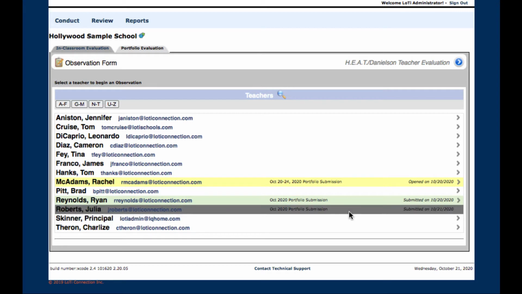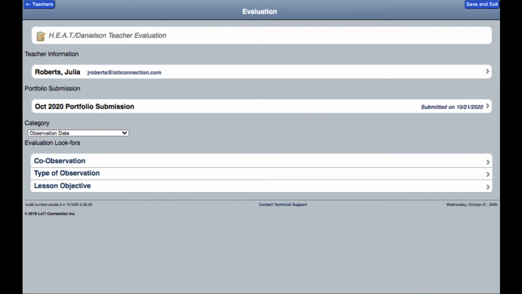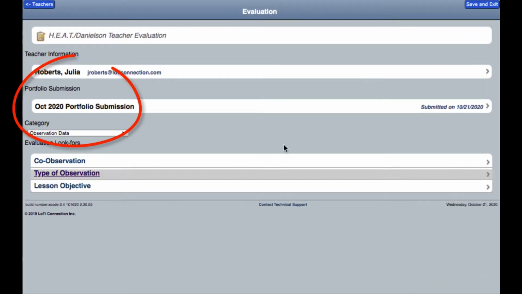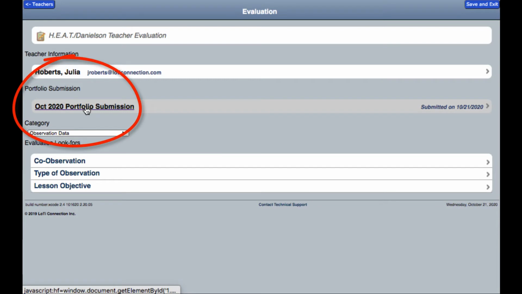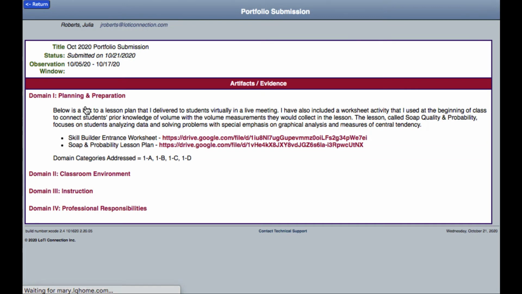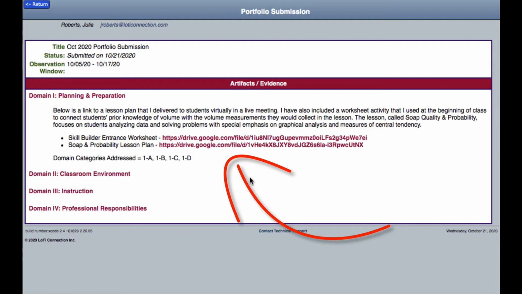I can see that Julia Roberts submitted a portfolio, so I'm going to click on her name and get started with her evaluation. On the summary page of the evaluation, there is a section called Portfolio Submission. I'll click on the link title of that submission to view the submission. As you can see, the submission includes a few narrative comments about the submission samples as well as links to